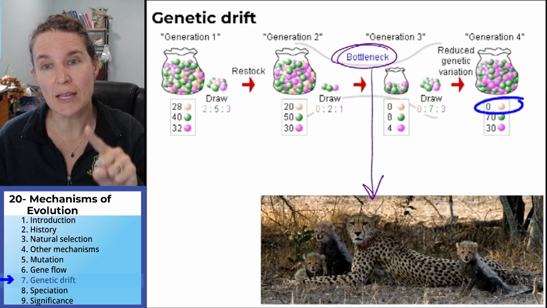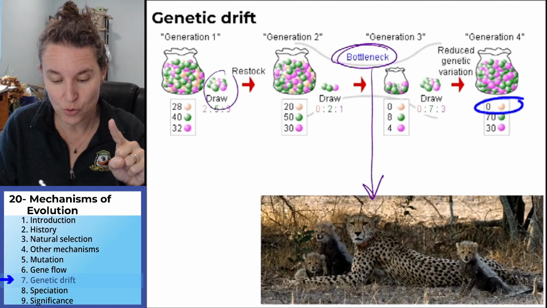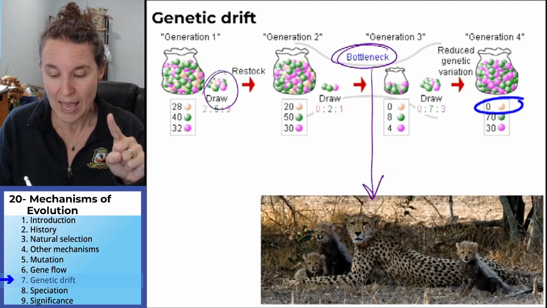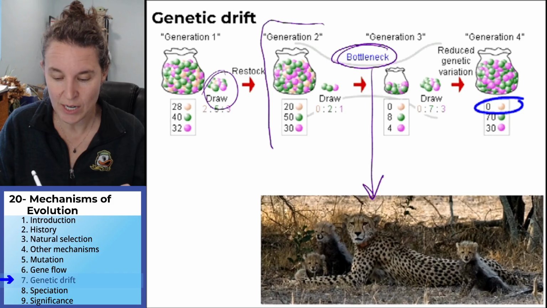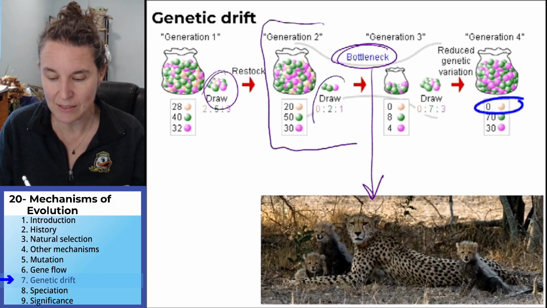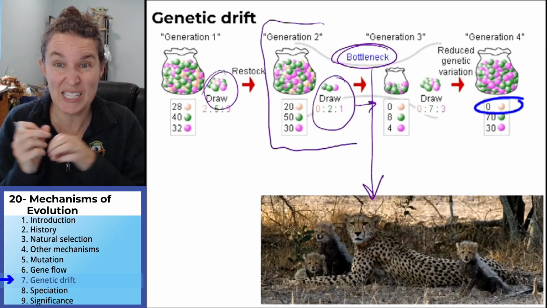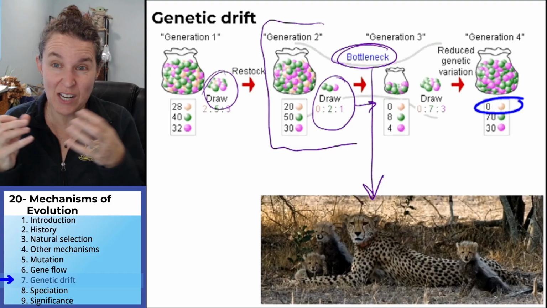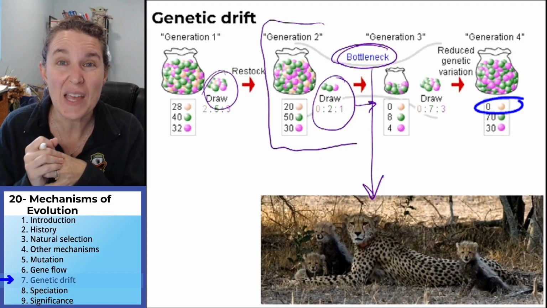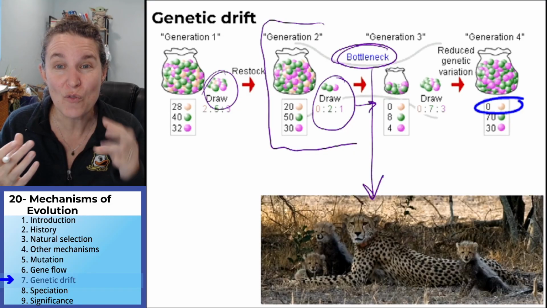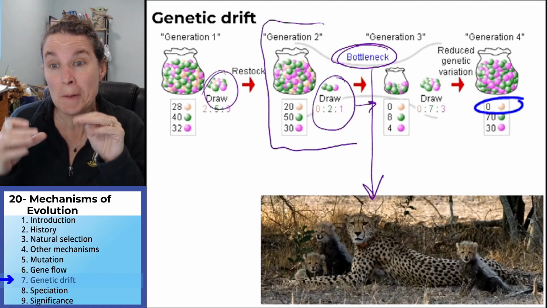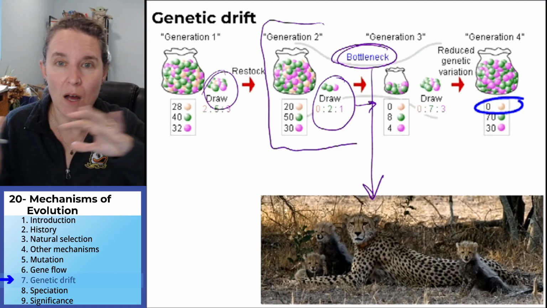The 10% that are remaining are like a little draw. So here you have a second generation from a tiny draw. We didn't draw 10, we only drew 3, and then we repopulated from only 3 critters. If a volcano killed all the cheetahs,